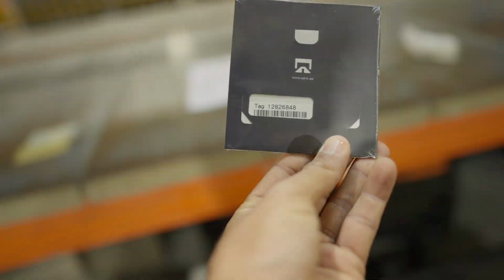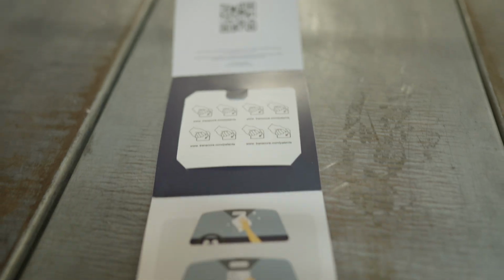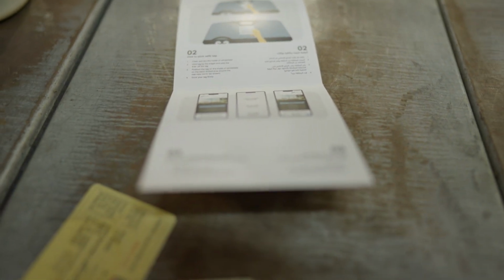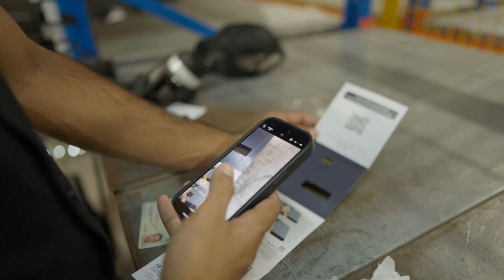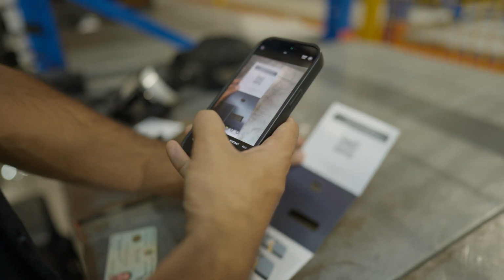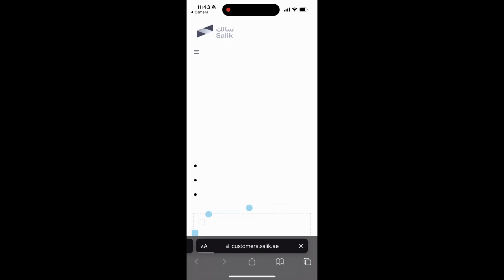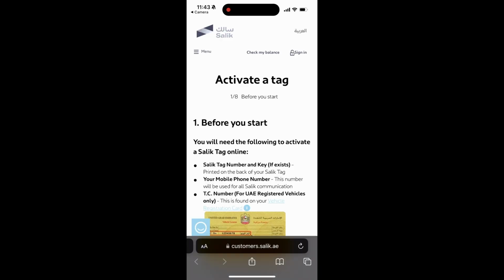Hi guys, in this video I'm gonna tell you how to activate Salik tag online. So when you open your Salik tag, first of all you will see this QR code. You will have to scan it with your phone's camera and it's gonna show you a link to click on. You will just click on that link and it will redirect you to this page where it's going to tell